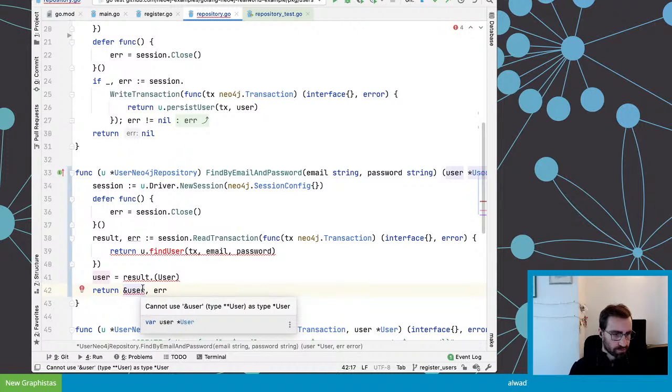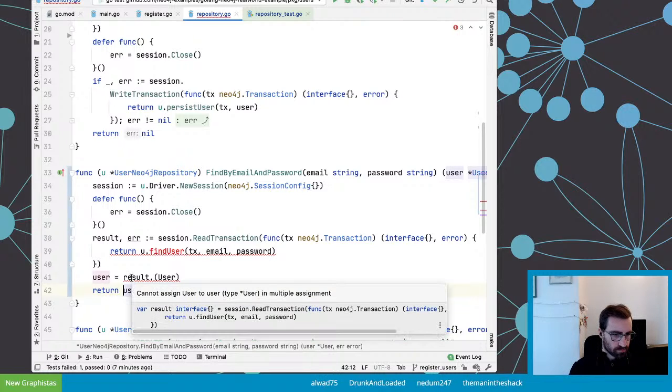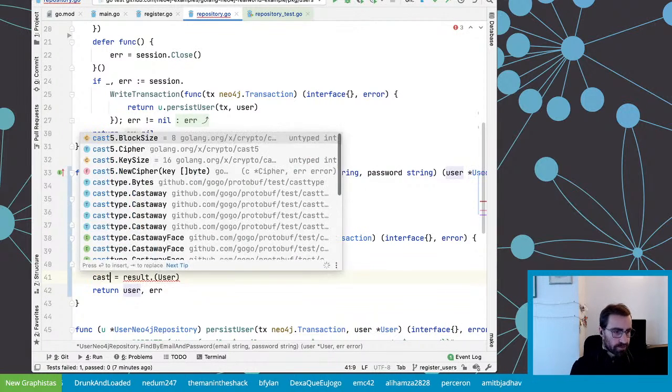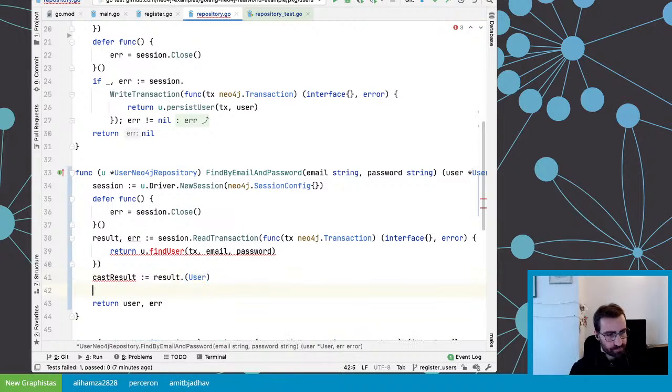No, not happy. Cannot assign user to type user. Oh yeah, of course. That's a bit painful, but let's do that. We will improve it afterwards.